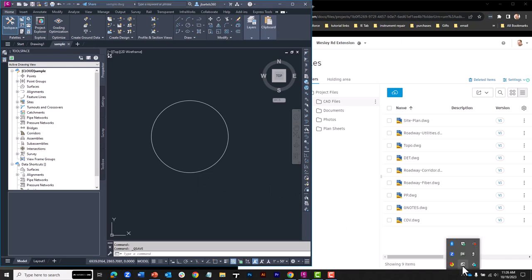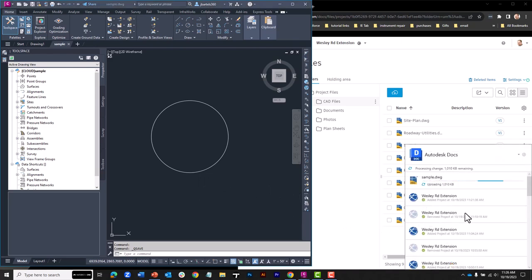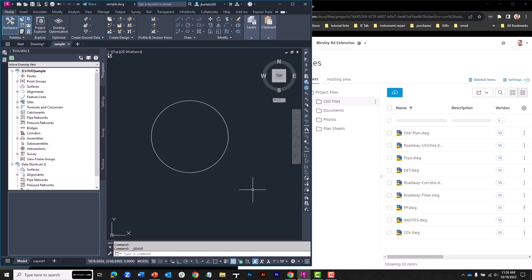In fact, we can watch this happen. If I open up Desktop Connector right there, you can see there's that file getting pushed to the cloud. And there we can see the file is arriving. In the web browser, it's locked because I have ownership of it. Okay, and it's processing. Now, as I continue to work on this file, I'm going to create some additional circles